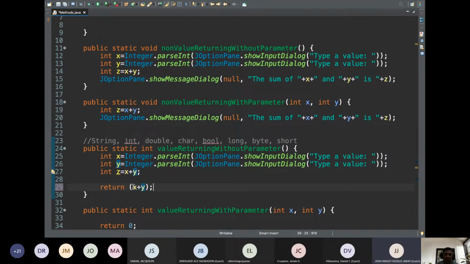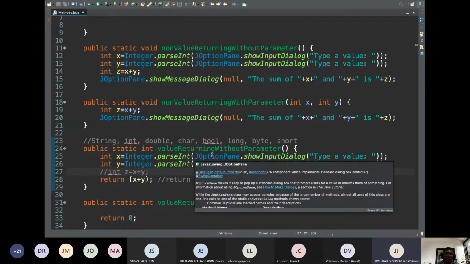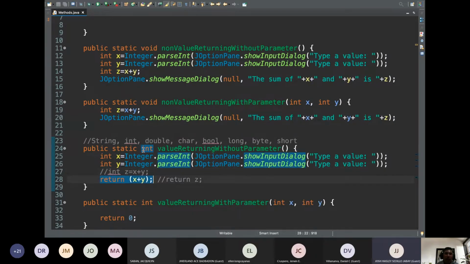Or simply, pwede nimo return z. Kay naman kay z dire. But again, it depends sa imuha. Okay? So depende sa imong logic. So na dire ang, since this is value returning, it will return a value. So definitely, since it's integer, ang i-return po dapat niya ang integer value, which is value after adding some x